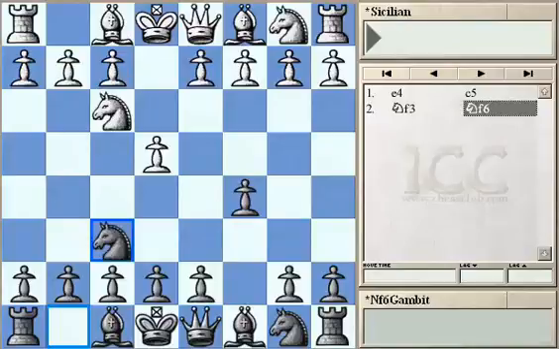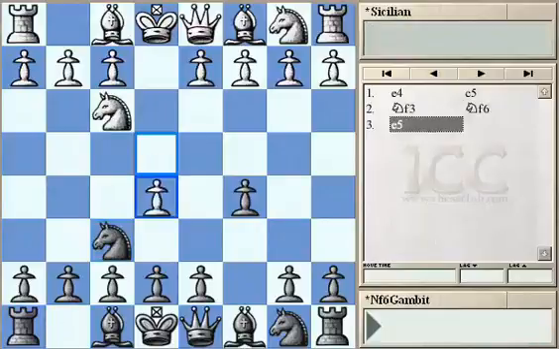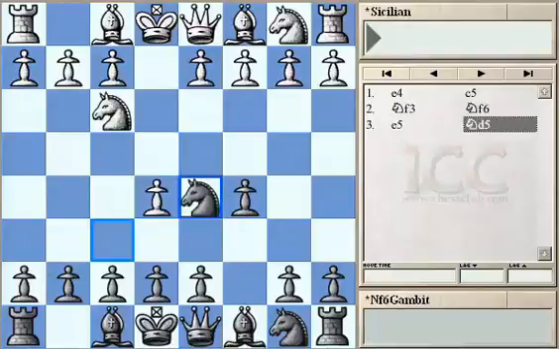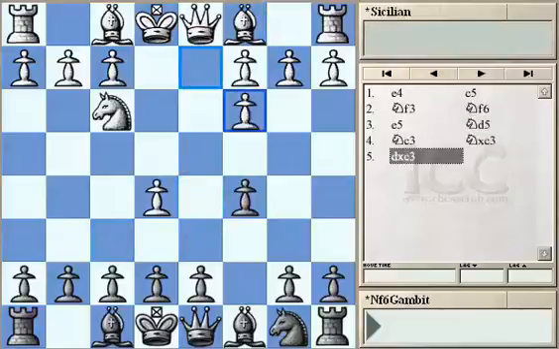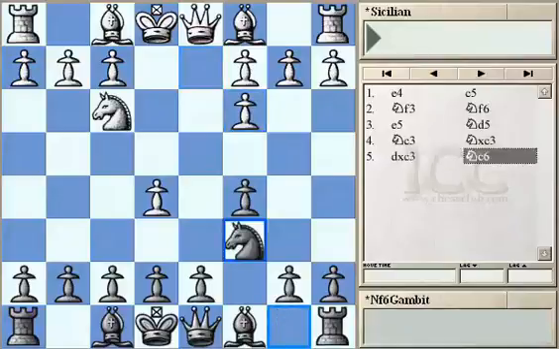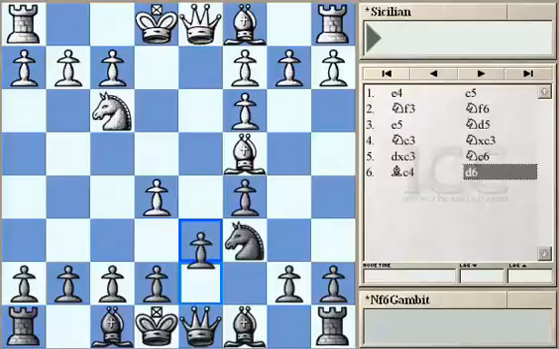And I would say that Black quite simply equalized the game after e5, Knight d5, when White answered here Knight c3, and after Knight takes c3, d takes c3, and Knight c6, White answered Bishop c4, d6, and